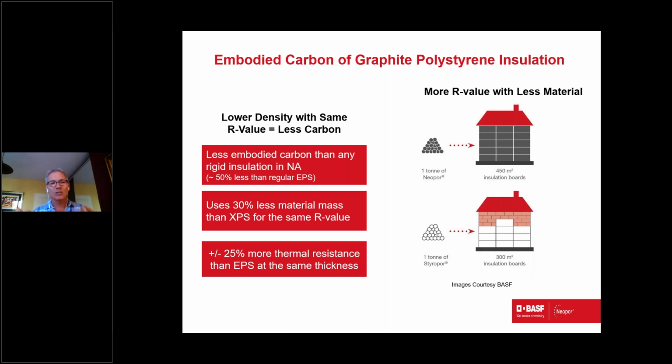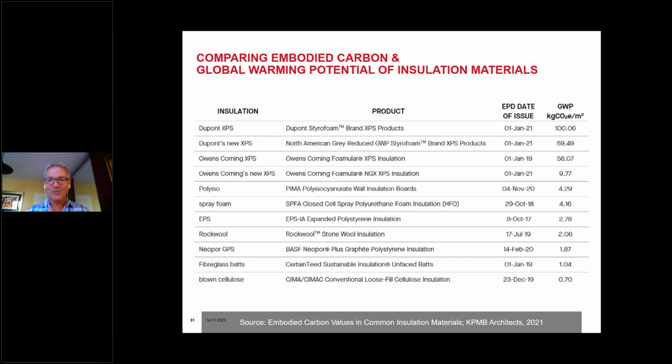So I'm trying to just illustrate to you that it gets into the weeds here and it gets a little complicated. And so I'm going to show you this crazy table, which you can generate of all foams, whether it comes from a tool like the Embodied Energy Carbon Calculator and construction tool, or in this case, this came from a study from KPMG Architects, a real recent study where they were actually trying to figure out, well, gosh, there's all these foam options out there. What should I do to insulate my structure? And how do I know, for the same R value, which one has a higher global warming potential or embodied